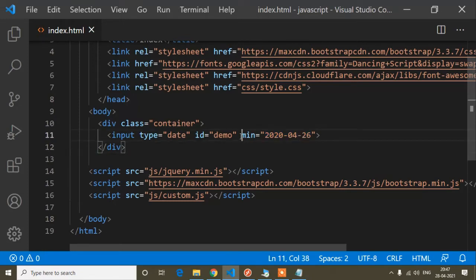That means when we want to block the minimum date, we have to write it this way, and the format is first year, then month, and month will be 2 characters, or you can say 2 string values, then the date will also be a two string value. Suppose here you want to write date 6, you cannot write it this way, you have to write 06, and you have to write a hyphen. You cannot write a slash or a dot this way.